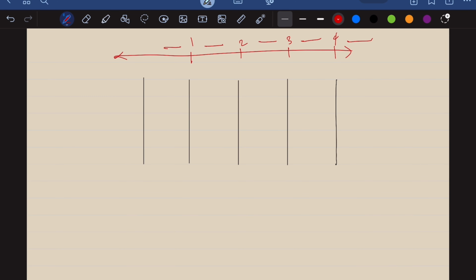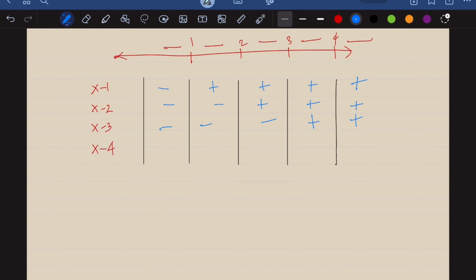So let's consider the expressions here: x minus 1, x minus 2, x minus 3, and x minus 4. These are the individual inputs to the absolute value functions that we have in the original equation. Note that if x is less than 1, this should be negative, and then everything on the right is positive. And then for x minus 2, everything to the left of 2 is negative, and everything to the right is positive. For x minus 3, everything to the left of 3 is negative, and everything to the right is positive.